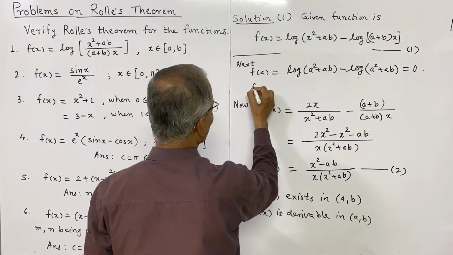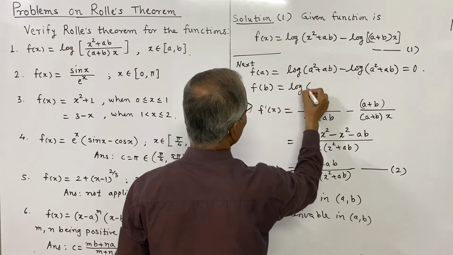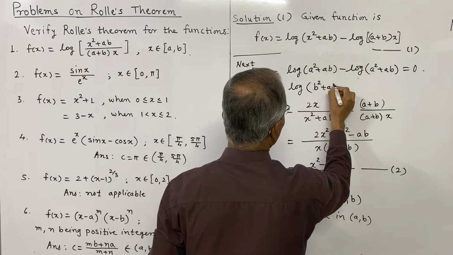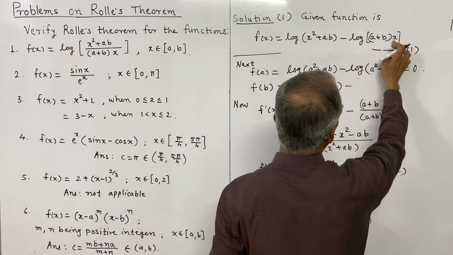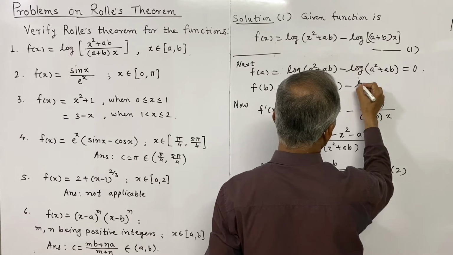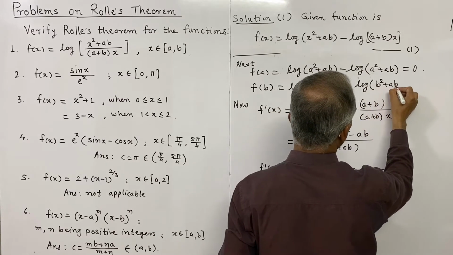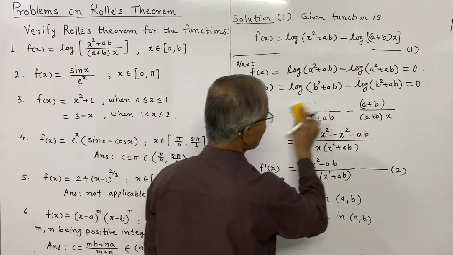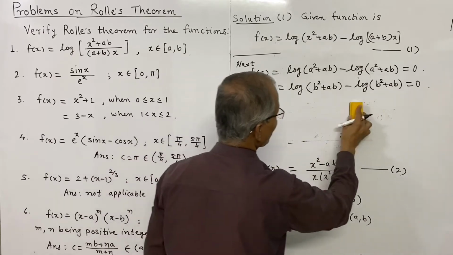f of b is, again x is b, so log of b square plus ab minus log of again ab plus b square, that is same as b square plus ab. You can check this easily, b square plus ab, and so this is 0. That means the third condition of Rolle's theorem is also satisfied. These values are equal. f of a is equal to f of b,